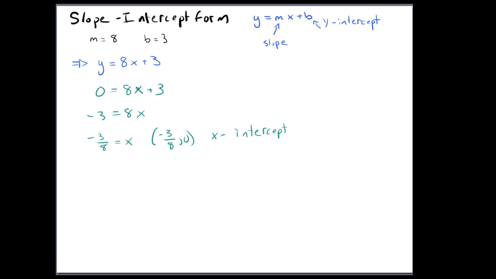I could graph this line by taking, let's see here, let's get a little bit of axes, and starting off at 3, and then going up quite steeply, it looks like. So this would be the point x is 0, y is 3, and then if I went over 1, this slope right here,